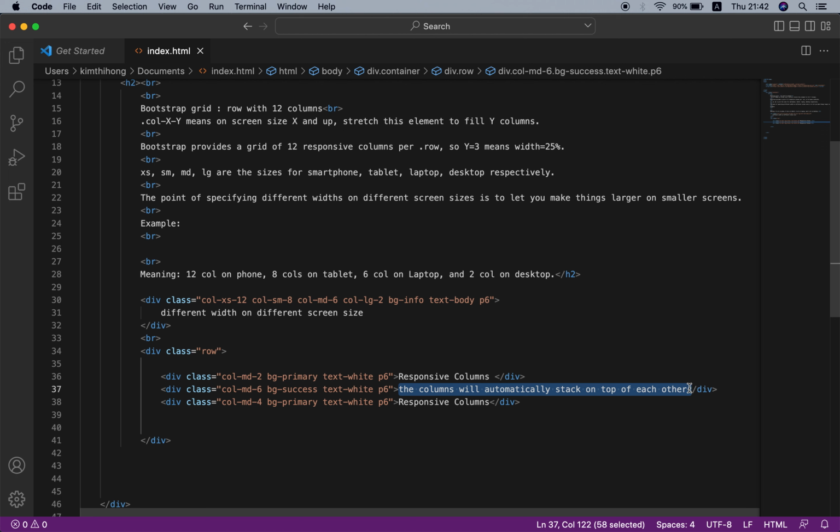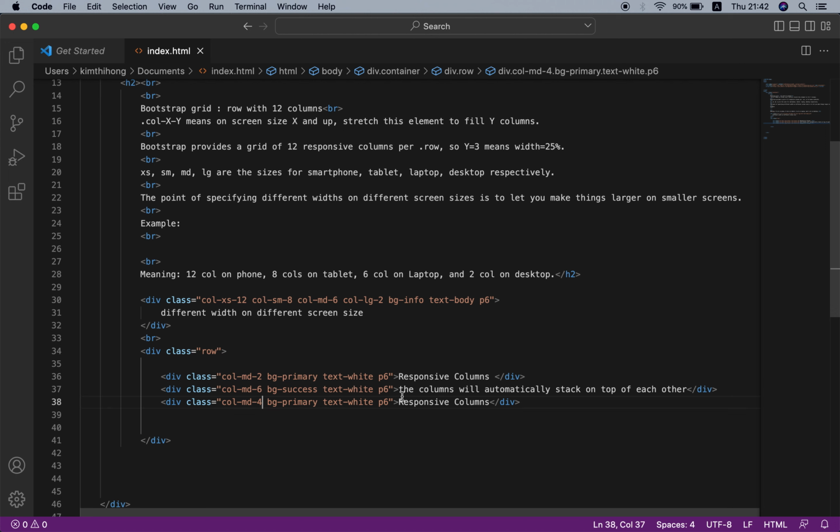But if the screen is bigger than medium screen size, this structure will stay the same, the first column spans 2, the second column spans 6, the third column spans 4.